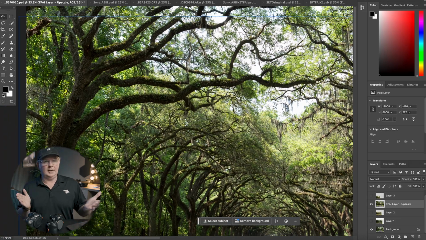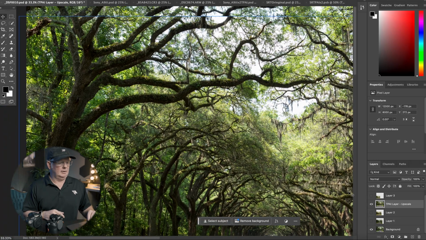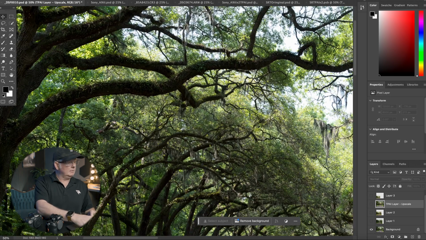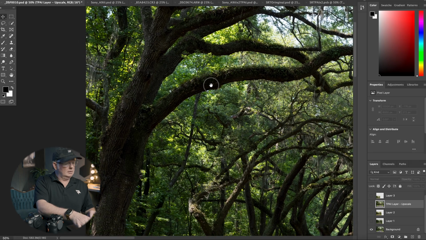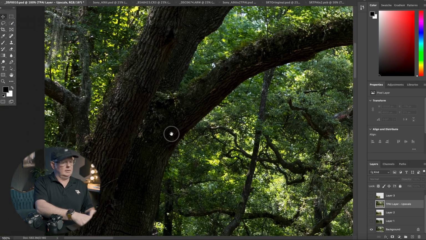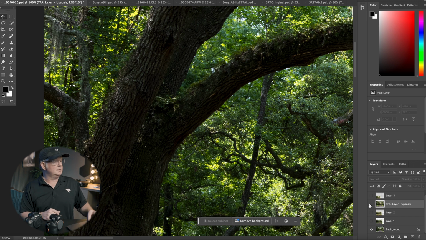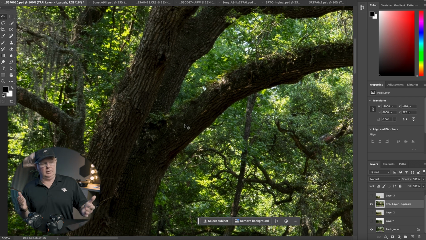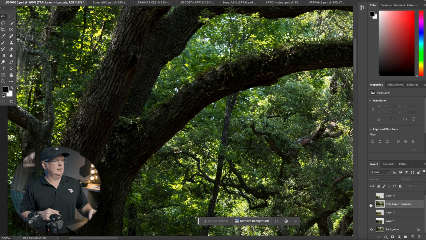And so we're looking at the A9 III image right here. And this is the Fuji image. Let's go to 100. So this is 100% here, and this is the Fuji image. And now this is the A9 III image. And obviously, like I said earlier, the sun was moving through the clouds, so there's going to be a little difference with the setting, but it's